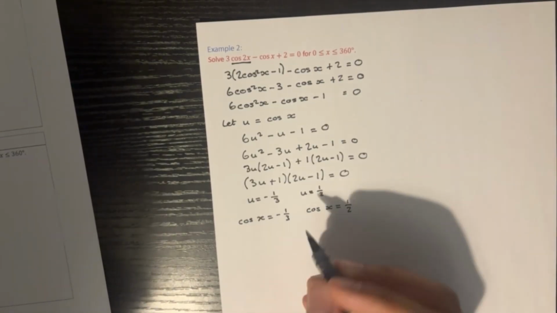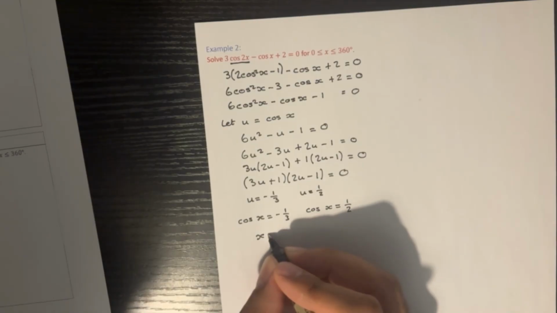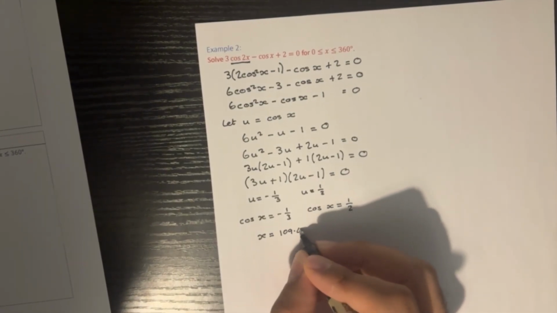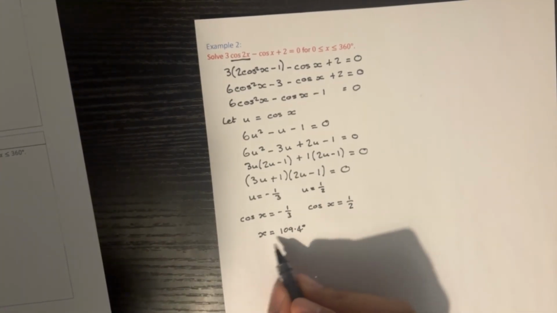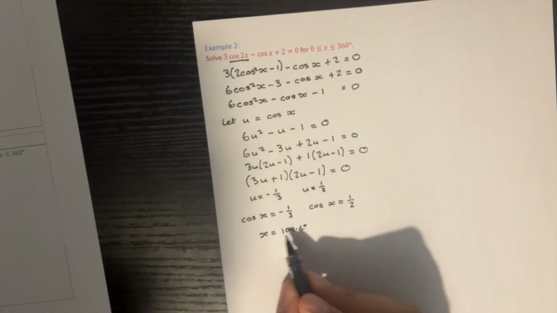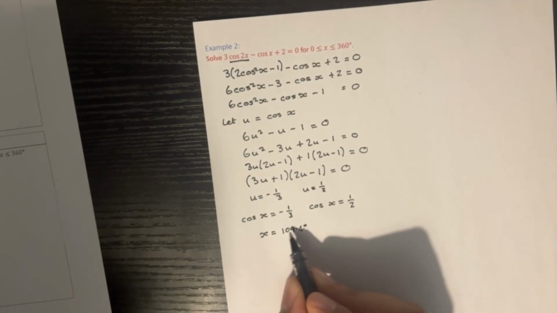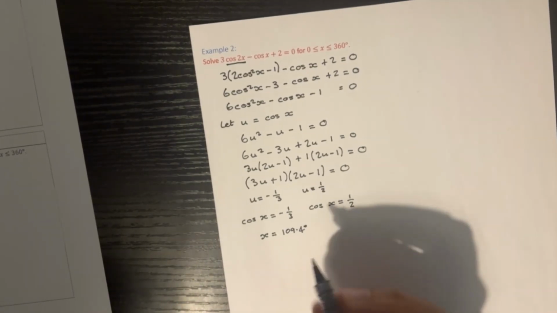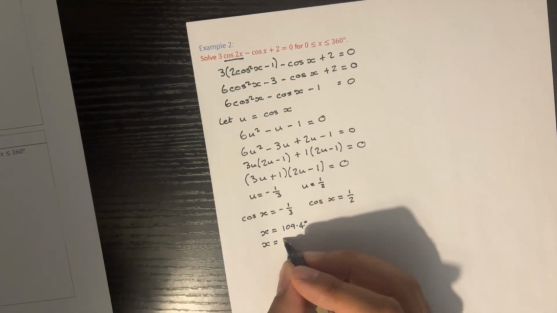So inverse cos of negative a third in our calculator gives us that x is equal to 109.4 degrees. And if we consider the symmetry of the cos graph, there's also going to be a solution at 360 minus 109.4. So I can do 360 subtract 109.4, and that's going to give me another solution of x being equal to